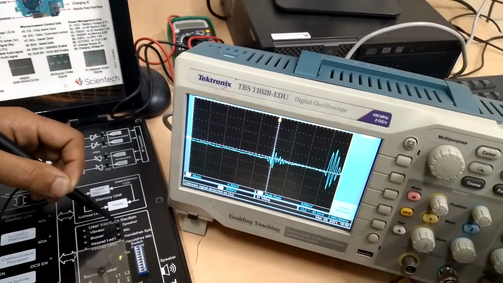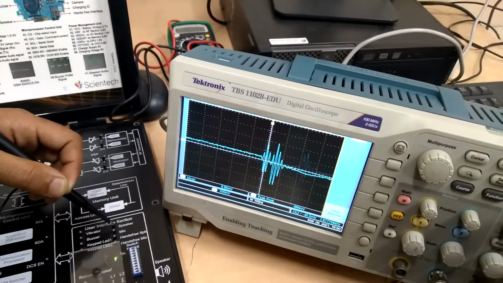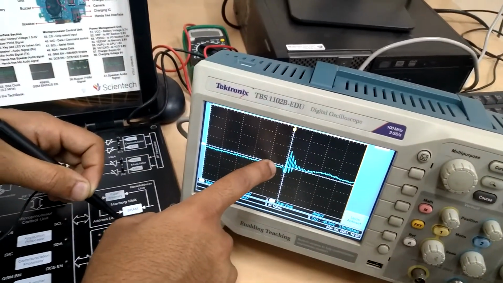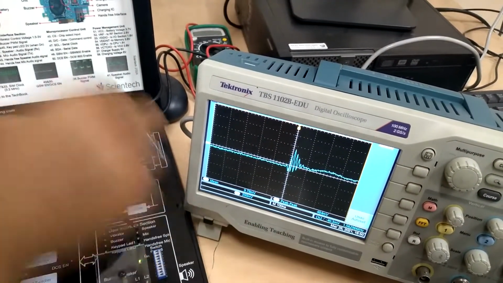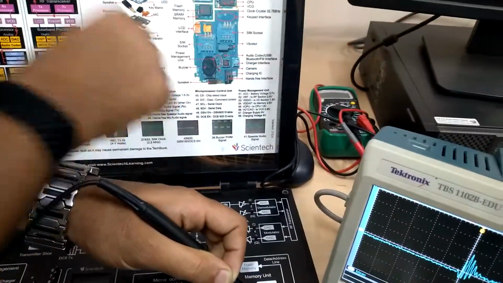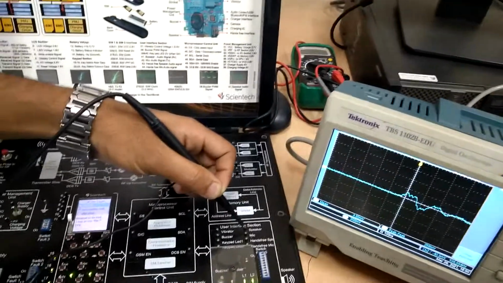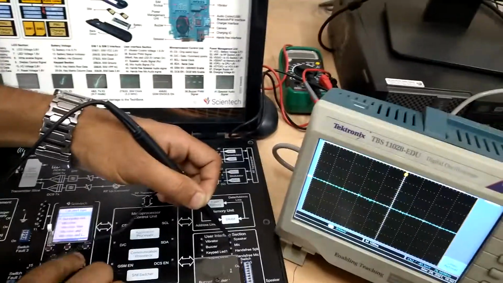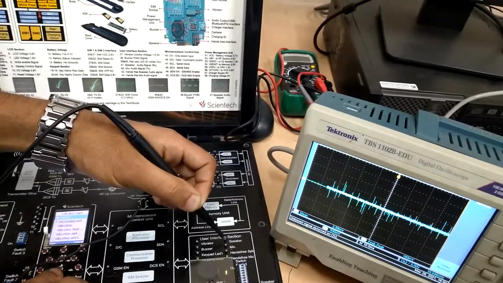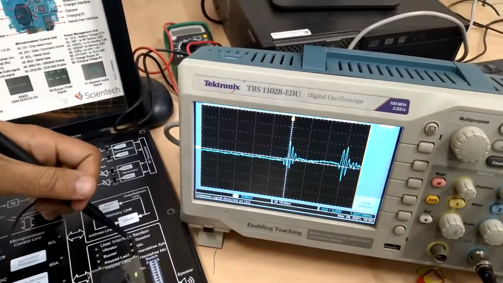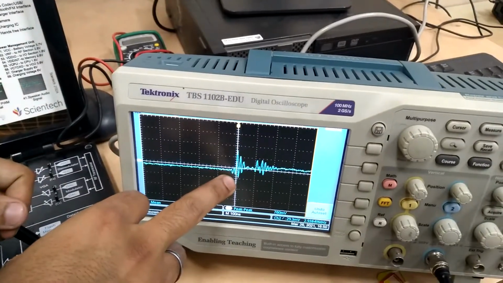If you stop this, you can observe this waveform. So this is somewhat similar to here. You can see speaker audio output. So you can see here the noise is coming.